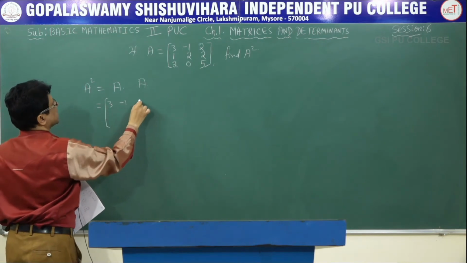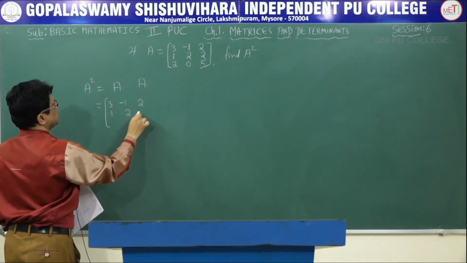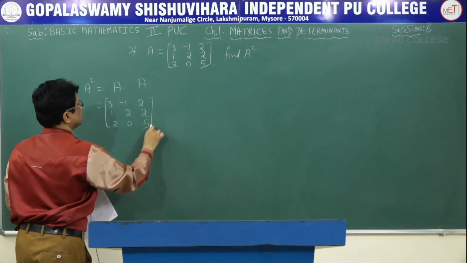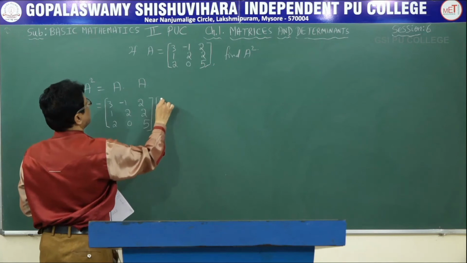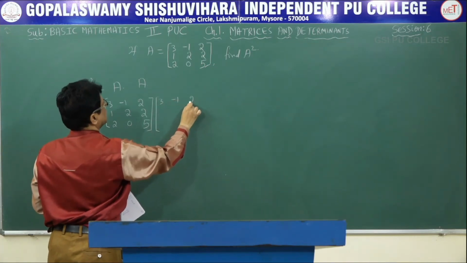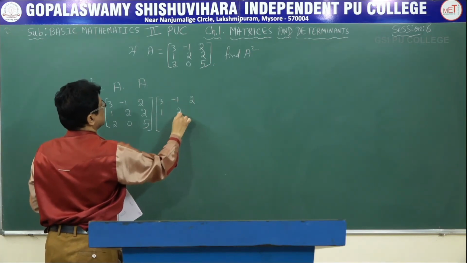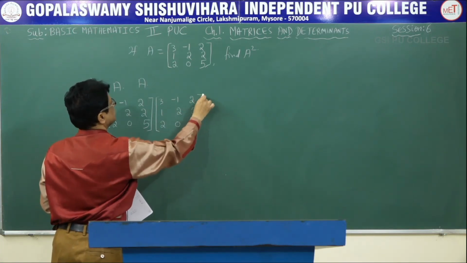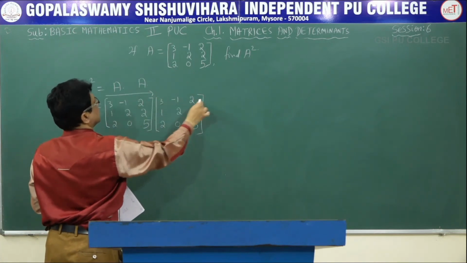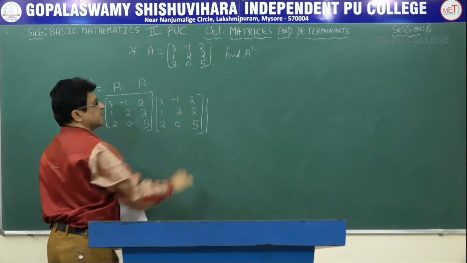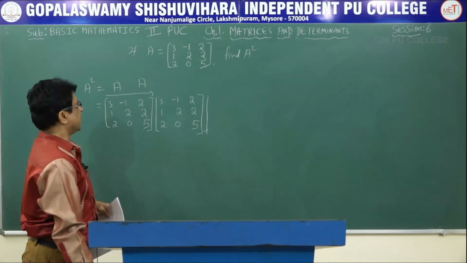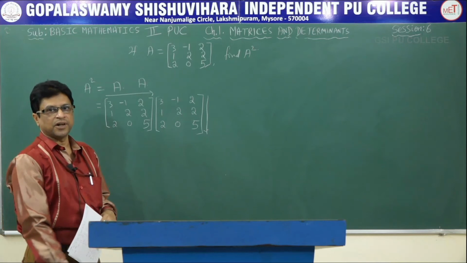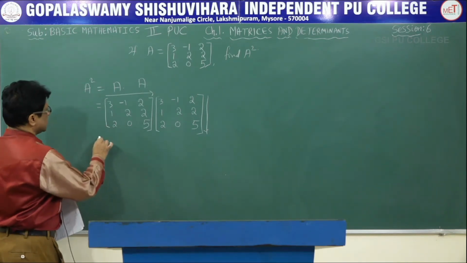Here A is a square matrix of order 3. Therefore, A square will also be a square matrix of order 3. So this will be equal to: